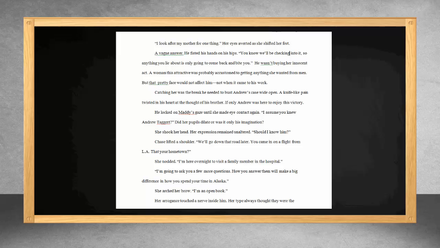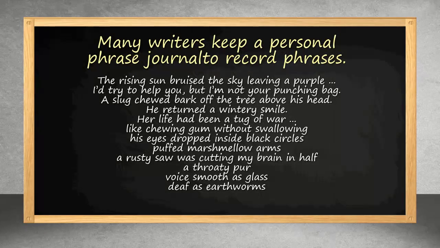And again, all you have to do is pick up any good novel, and you'll see some good examples of how they're using action tags. In fact, many authors keep a phrase book of phrases they see in fiction that they like, or phrases they come up with themselves, or action tags that they see that work really well. And I've got to tell you, you can keep pages and pages of these phrase books, and when you're looking for something to put in your own novel, you might look through pages and pages and still never find anything that works just right for you. However, the idea of writing other action tags down and writing down other people's phrases tends to help build those qualities inside your own mind.